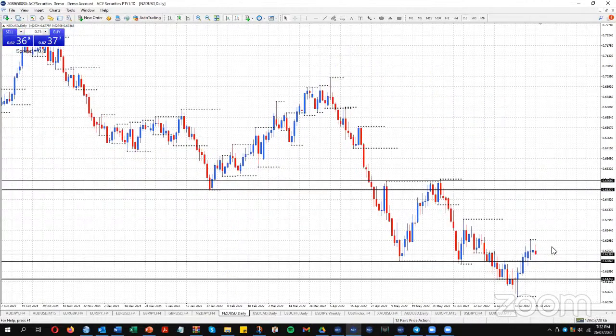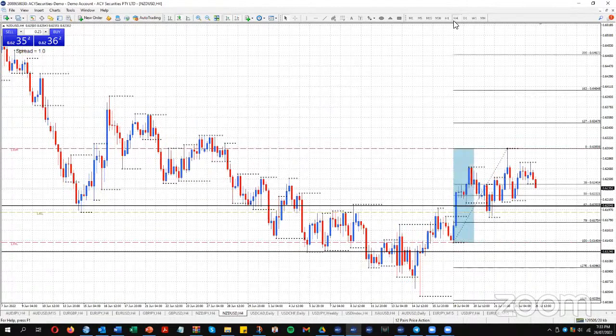So at the moment on the daily here, you can see back on Wednesday, Thursday, 62.04 became support at the lows of these two days to move up. So this might dip down to 62.04 again this week and hold. So 62.04 would be a good level to watch for support for this pair in the first instance. Let me just put my fib and range back in to show where it was. So 62.04 lines up with the 62% level of last week's range. So that would be a clear potential level of support.